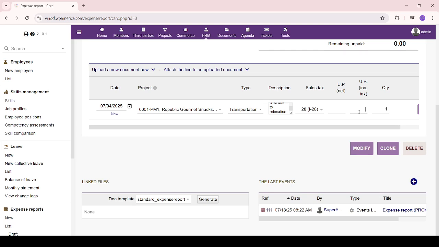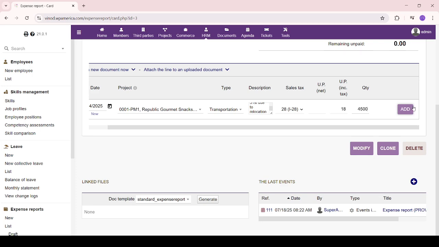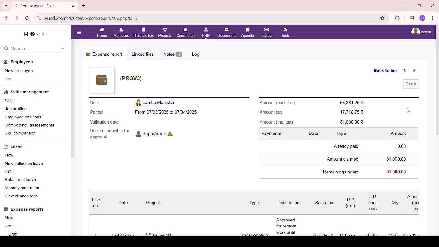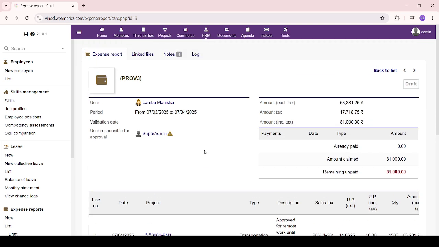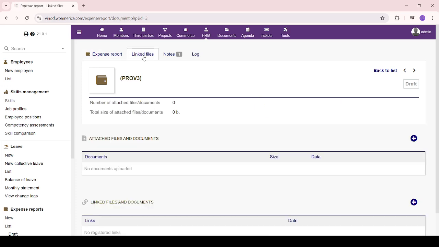Tax. Say 18% is the tax. Quantity. Let's provide the quantity, which is the amount actually which we need to provide. Let's say let it be 4,500. Add. 81,000 is our total cost for the trip. It's Manisha Lamba's trip. You might have gone to Dehradun or some other places. I believe that's why she is claiming 81,000, and she must provide files regarding the trip